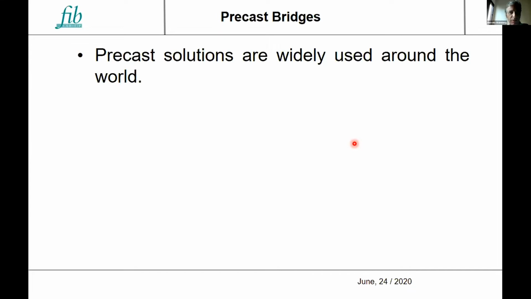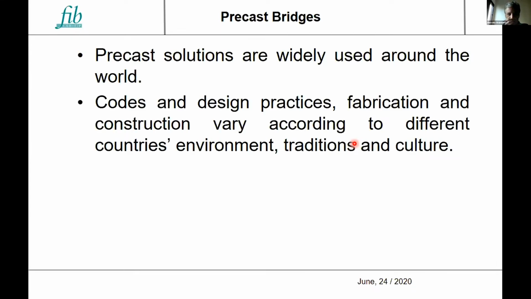There are several reasons, but mainly because codes largely vary among different countries, as do practices. This also depends on the economic environment, on the traditions and culture of each country, availability of equipment, and so on.